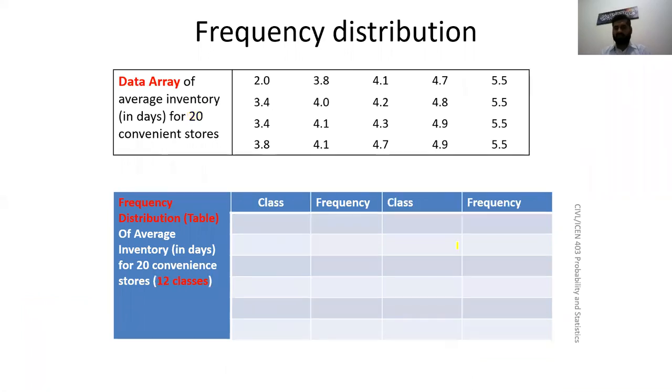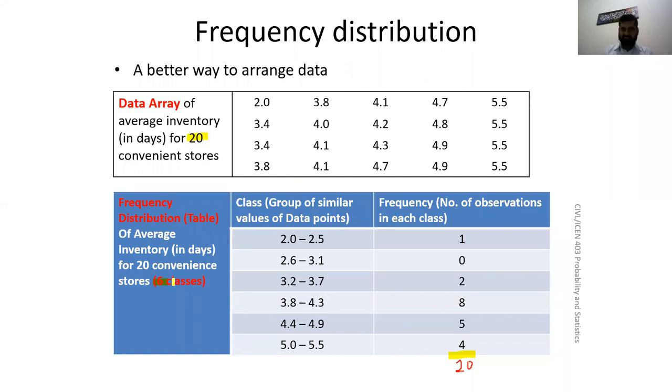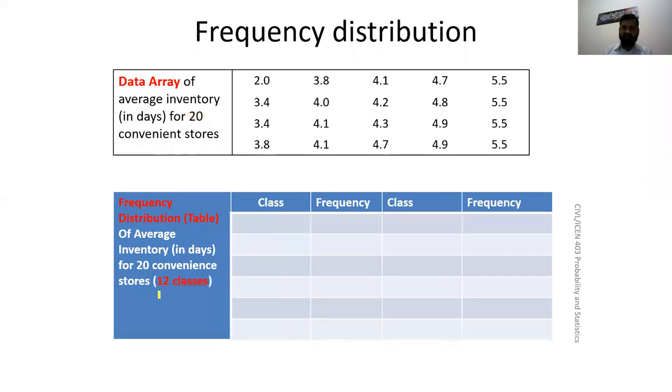Okay, so let's go to another example. The same data, but now I want to make more classes. In the last example, we made only 6 classes. But someone can say that this is a big difference from 2 to 2.5, and we should make the difference smaller. If you have to make the difference smaller, you have to increase the number of classes. So if I do the same example with 12 classes, I will take a smaller class interval. My classes will be smaller.